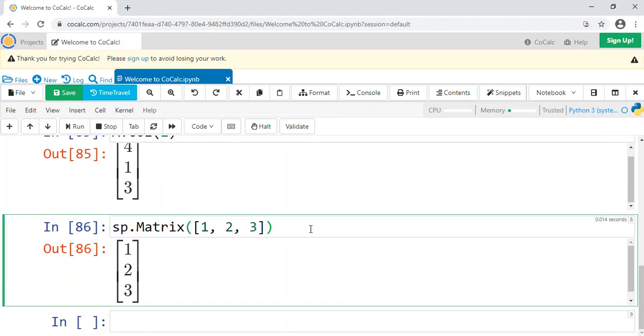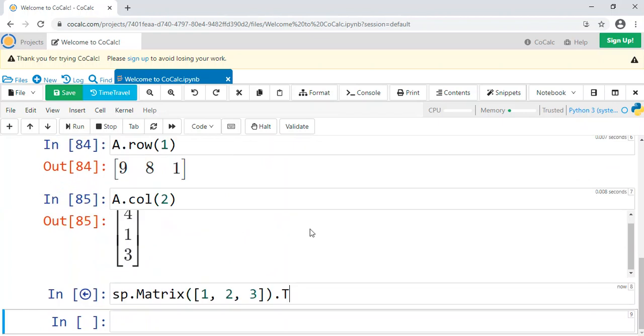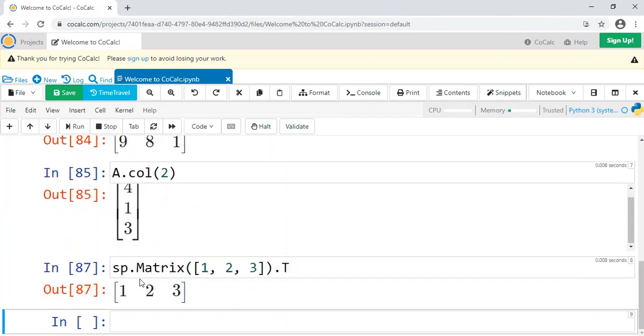You can transpose it into a row by doing .T at the end, capital T, and that'll flip it, so it'll become a row. And once you have your matrices, you can do operations with them: adding, subtracting, multiplying. There's special matrices, identity, zero matrices. A dedicated video on that is forthcoming. In the meantime, I'd encourage you to look at the documentation for SymPy if you want to look at any of that, the link to which is in the description.